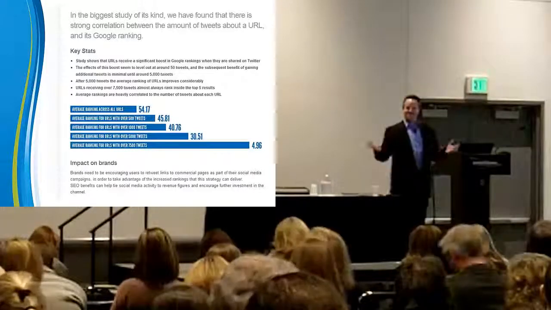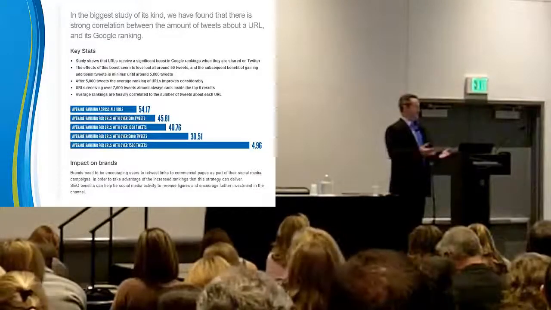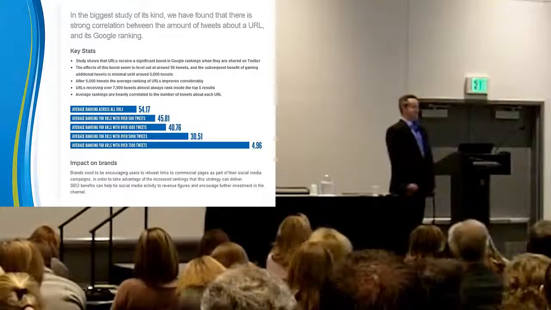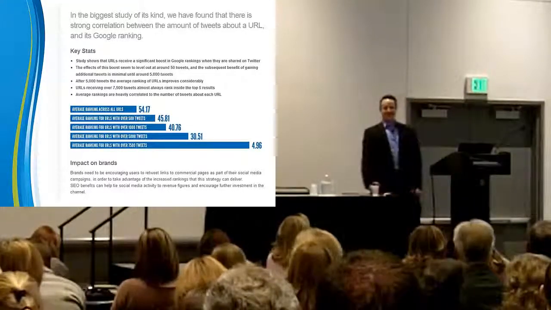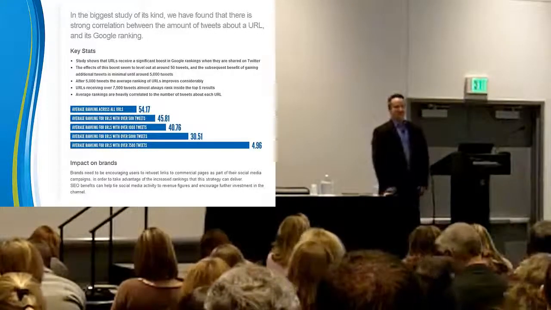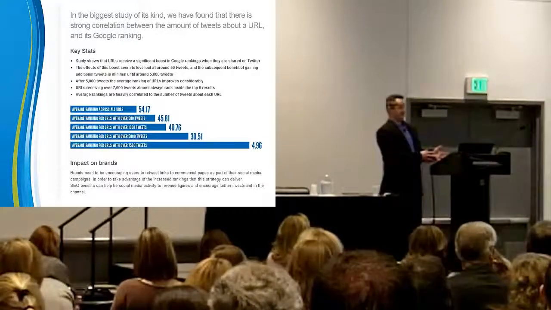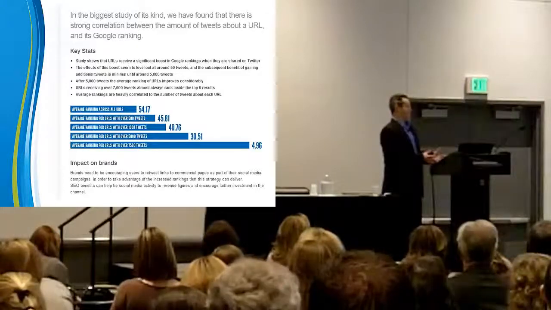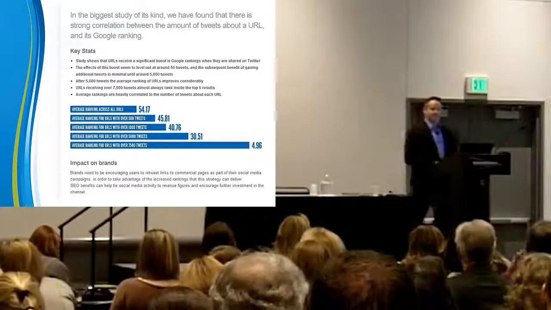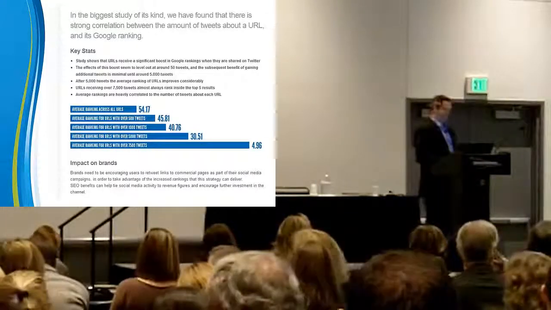Anything else? Does that make sense? That's kind of why I went through Twitter kind of fast, because I really don't think that you're going to somehow be able to find the new Twitter. But it's cumulative effect. You don't want to pretend. You don't want to ignore it. You want to take advantage of that cumulative effect. Okay?